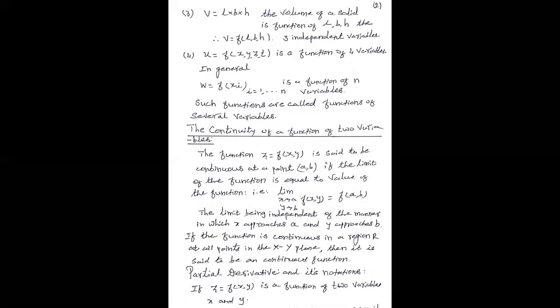Then if z is equal to f of x y is a function of two variables x and y, then the partial derivative of z with respect to x. Now here partial means a part of it, it is not complete. The partial derivative of z with respect to x, treating y as constant, is denoted by del z by del x, or this is also called dou z over dou x. Okay, now how is this defined?